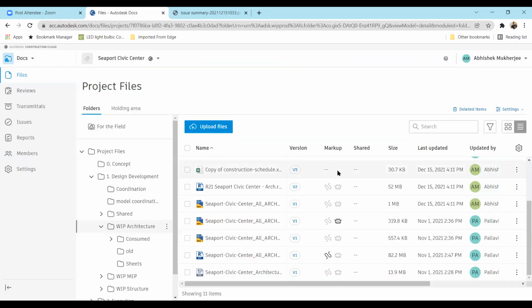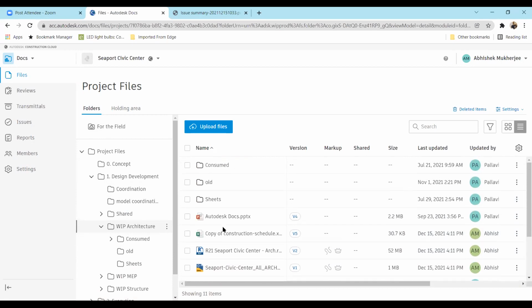2. So there are a lot of other things to train. If I see this crown mark, it is saying that there are 3 published markups. If I see this mark, these are personal markups which are not published. They are for yourself to remember. So there are so many little things which we cover in training. All of these things are there, but this was just a quick demonstration of how to do document management in ACC, right?